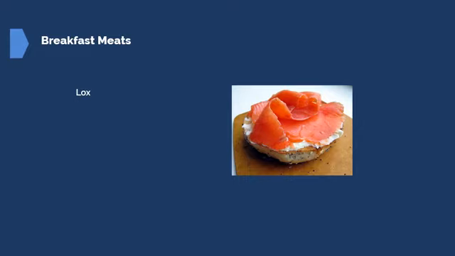Oftentimes you'll hear about lox. Lox is smoked salmon, and this is different than hot smoked salmon. This is cold smoked salmon. So it's smoked at a temperature of about 85 degrees for typically several hours. Before that, it's cured with a salt and sugar mixture that will help draw out some of the moisture out of that particular piece of salmon. So really what we're going for in this particular case is the moisture draw that's going to make it almost like the